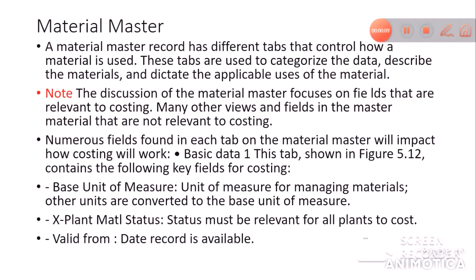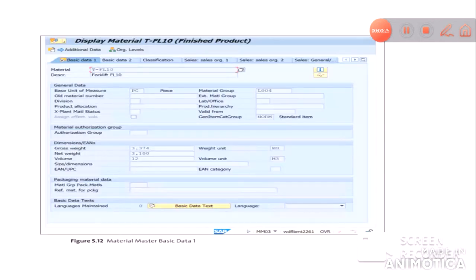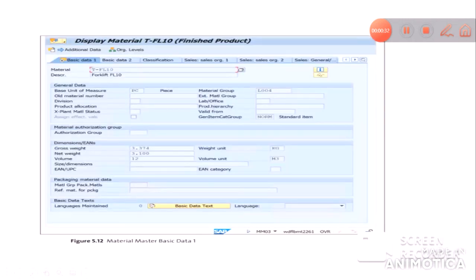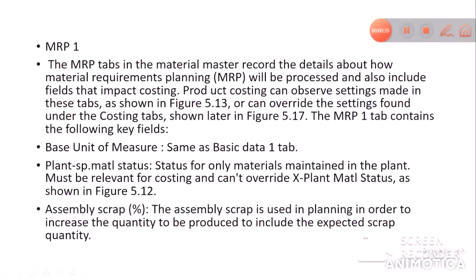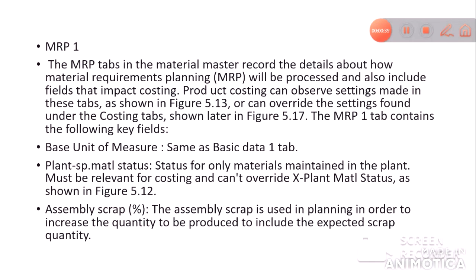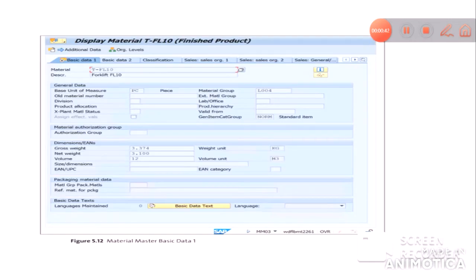That is basic data 1. This tab, shown in figure 5, contains the following key fields for costing: base unit of measure, the unit of measure for managing materials. Other units are converted to the base unit. So here we can see the basic data 1 tab, and there will be a base unit of measure and plant special